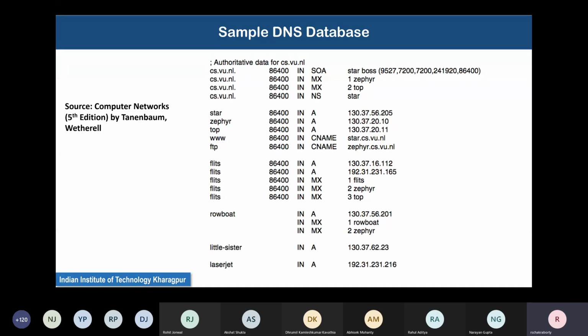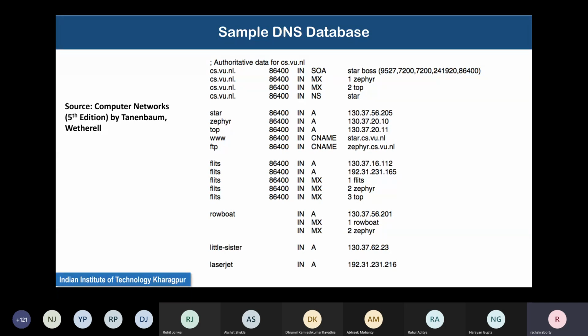Now, the first line says it is the start of authority. So start of authority basically means this is an authoritative record, and then some values are given for probably the other machines which have this authoritative database also, probably star, boss, and some other numerical fields are given which are not that important.